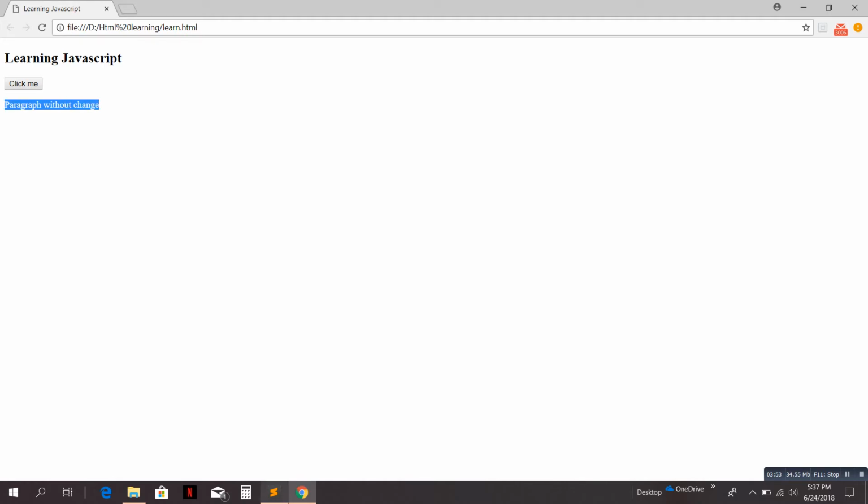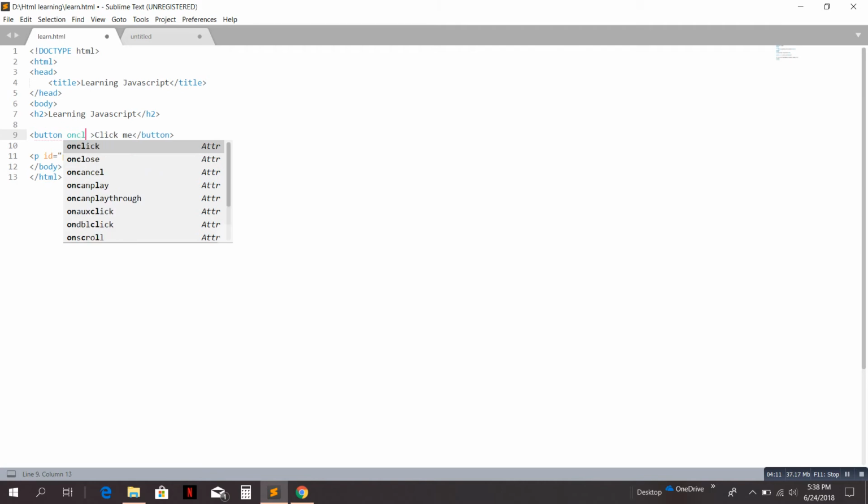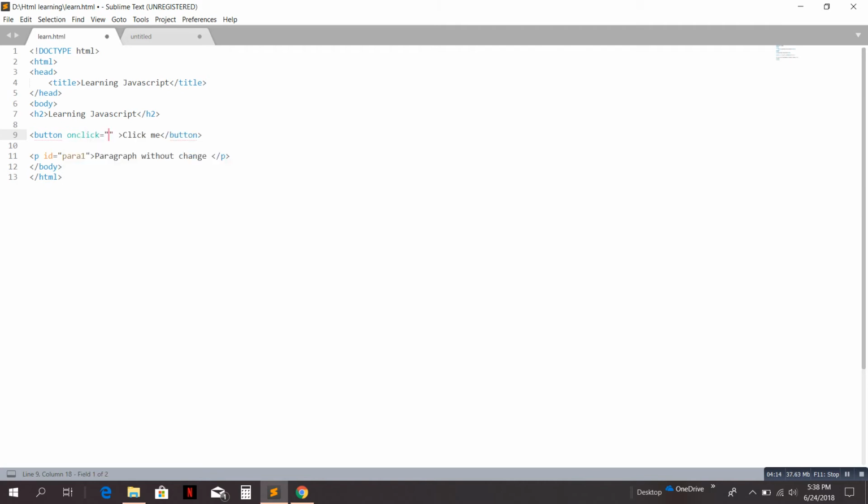Now when a user clicks on this button, we need to perform some task. Then we have an attribute called onClick of the button. When a user clicks on this button, then we need to perform a task. This task is performed by a JavaScript function. So we will write a JavaScript function inside this onClick attribute. Okay, inside the double inverted commas, you have to write the function name of JavaScript. Let's say we will write a JavaScript function called displayTime,